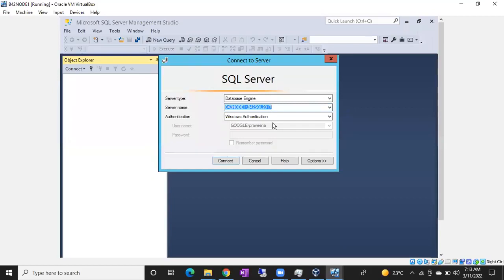So they will keep the primary in one region and the secondary in another region. If the primary is in the US, the secondary will be in the UK data center. If the primary is in India, the secondary will be in the Singapore data center.